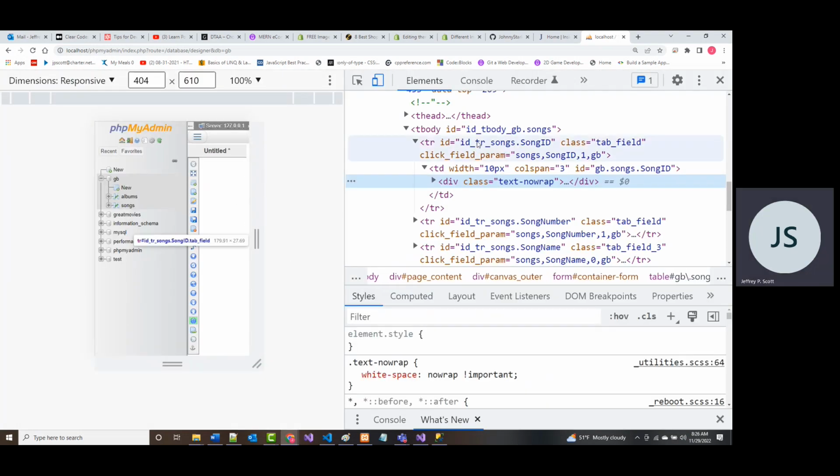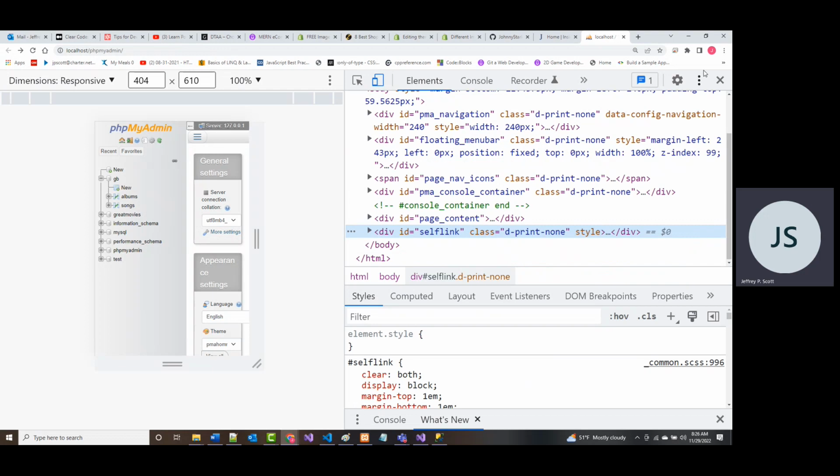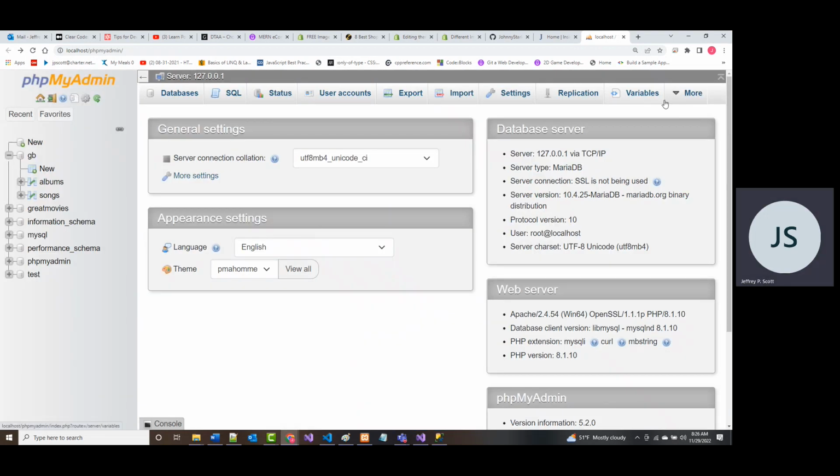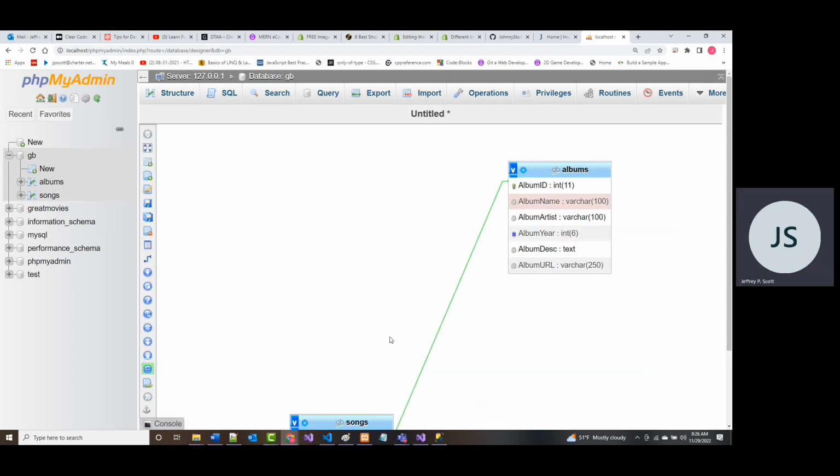That's okay. What I'm trying to show you is this. Let's close this. Go back again to more. Let's go back to GB and more and designer. Come on. There we go.